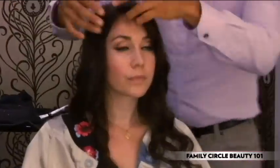Wonder how celebs get those gorgeous flowing locks? People feel that they're so perfect. They're not, they're just like us. And some of them need extensions, some of them don't, but for the most part, a lot of them wear extensions. But more and more real girls are rocking extensions these days, like Dori Katz, beauty editor for Family Circle